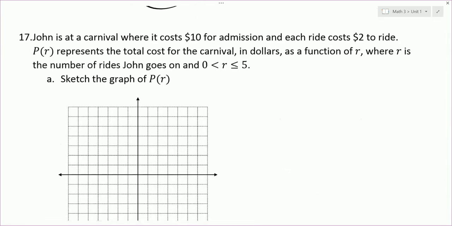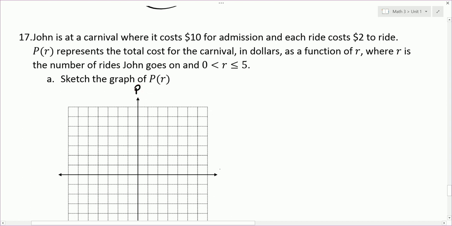17. John's at a carnival where it costs $10 for admission, and each ride costs $2 to ride. P of R represents the total cost for the carnival in dollars as a function of R, where R is the number of rides John goes on, and R is between 0 and 5. Sketch the graph P of R. Okay, so